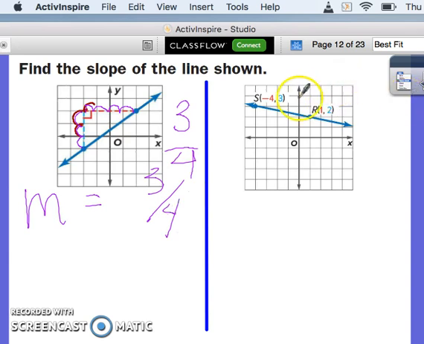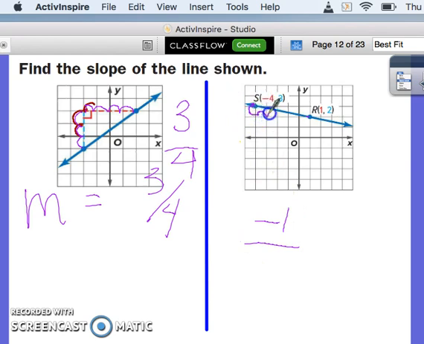So let's go over to this one. We're going to go from the right to the left. We're going to go from this point here over to here. So I'm going to go up or down first. So I'm going to go down. So if I go down, it's going to be negative. So my top number is going to be -1 over, because I went down 1 from here, and I